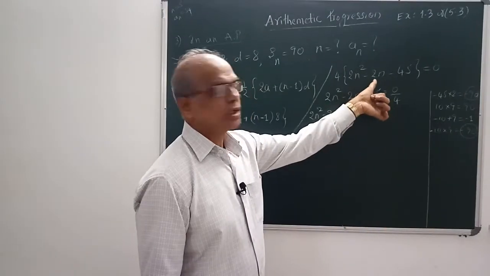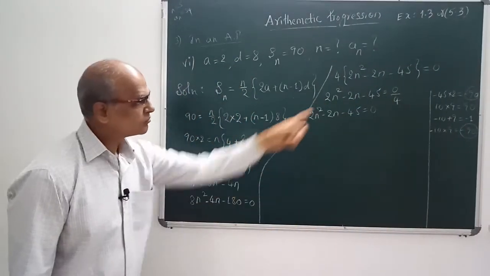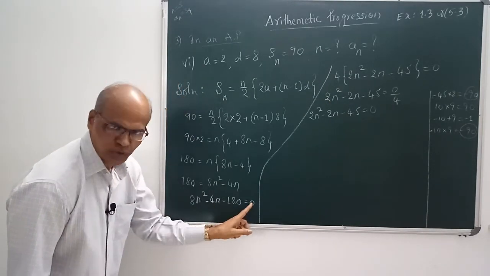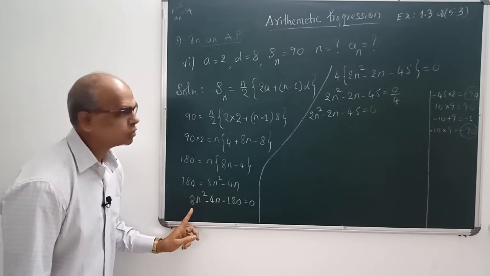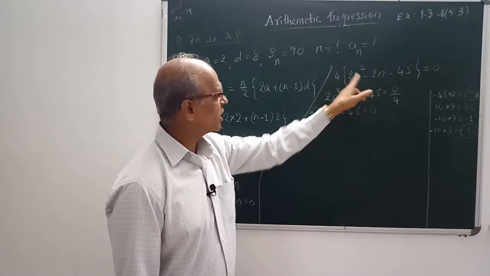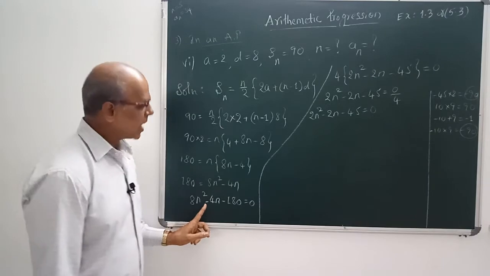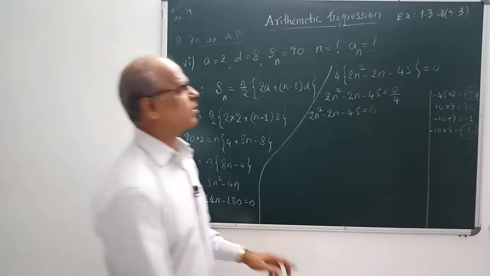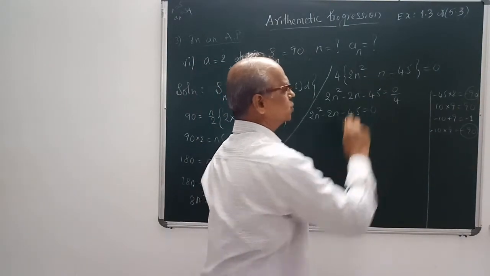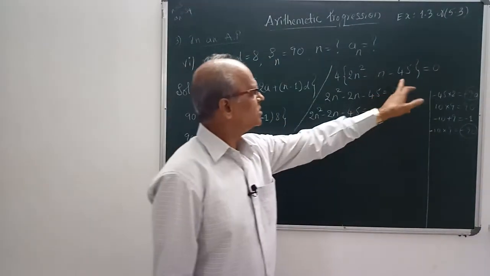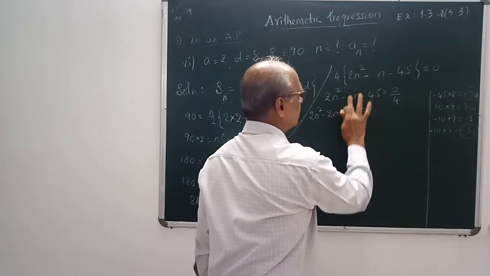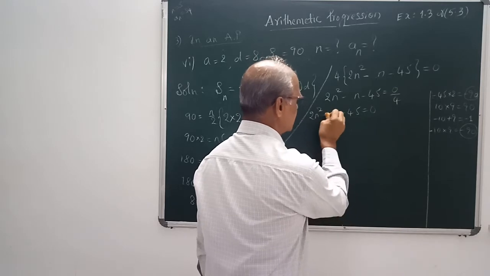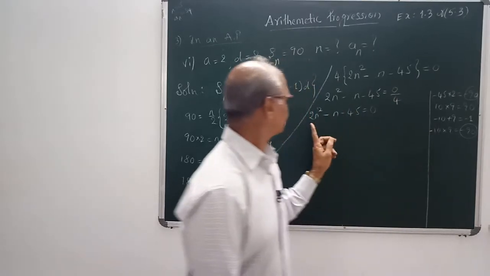Okay, see here, it is not 2n. We just observe here, we have done wrong there. 8n square minus 4n minus 180 is equal to 0. When you take out 4 common, 4 2s are 8n square, this is correct, minus, this is correct. You see here, 4 1s are 4, isn't it? That means it should be only n, not 2n. Okay, then this is correct. So this is minus n. So everywhere 2, you just take it out. This is also here, right? This is minus n.